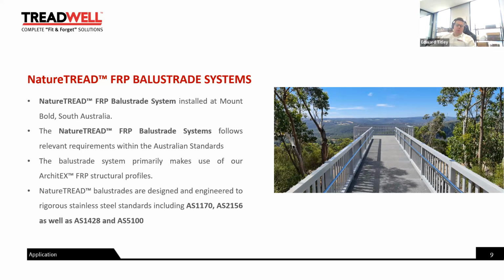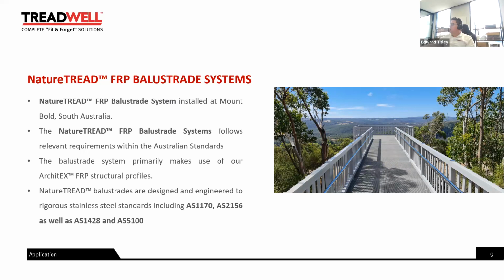Now the other standards we sometimes see handrail required to be designed to. We've discussed AS 1170, as we mentioned, C3 or C5 handrails are typically the most common we'd offer. AS 2156 is the walking track standard. Some of the requirements are similar to 1170. Some are similar to AS 1428, which is disability access. Now, happy to have that discussion on a project-specific basis.